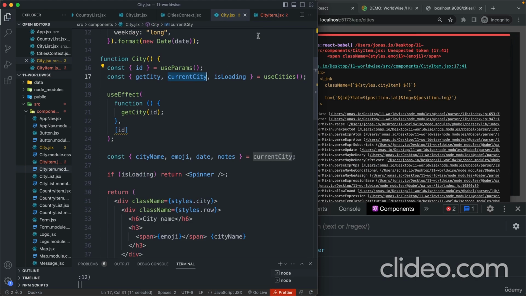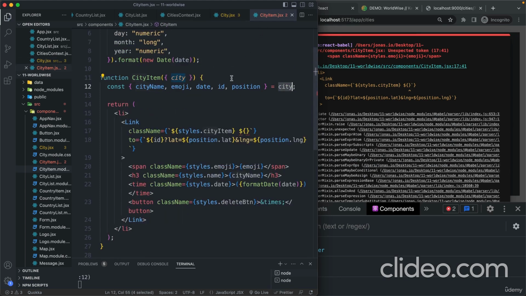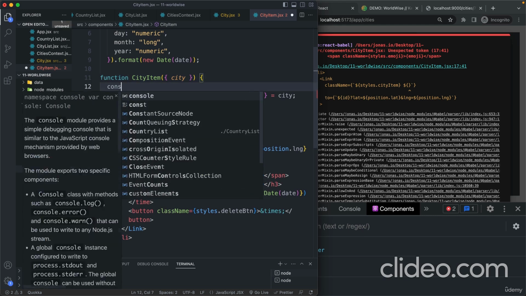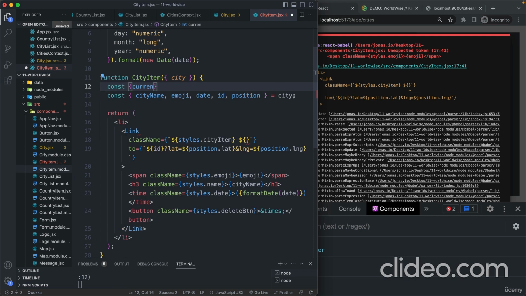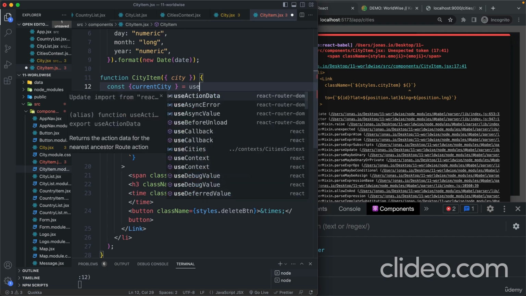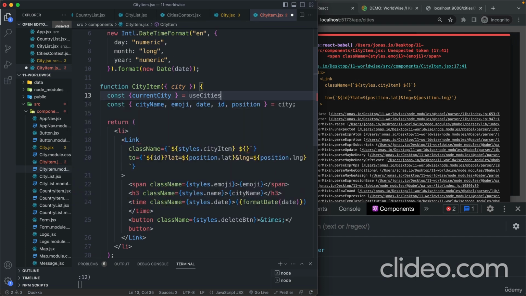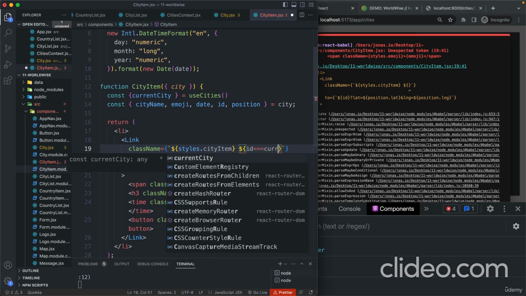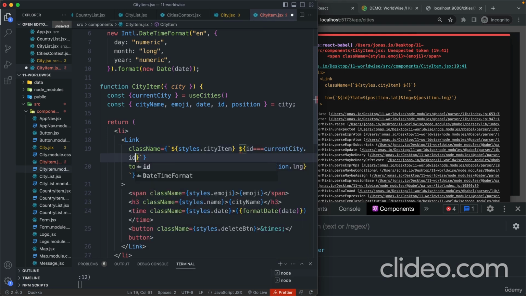And so we now need to read that current city here into this component. So current city, which we get from use cities. That's right. Okay, and now here we can do our conditional. So if the ID is equal to current city dot ID,